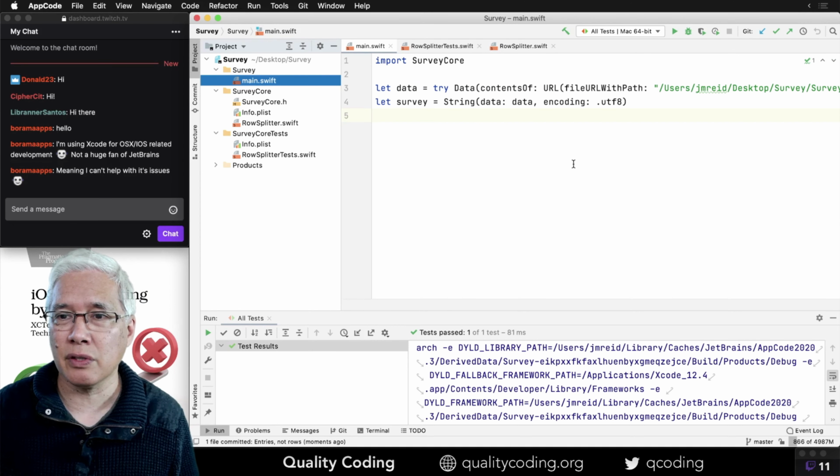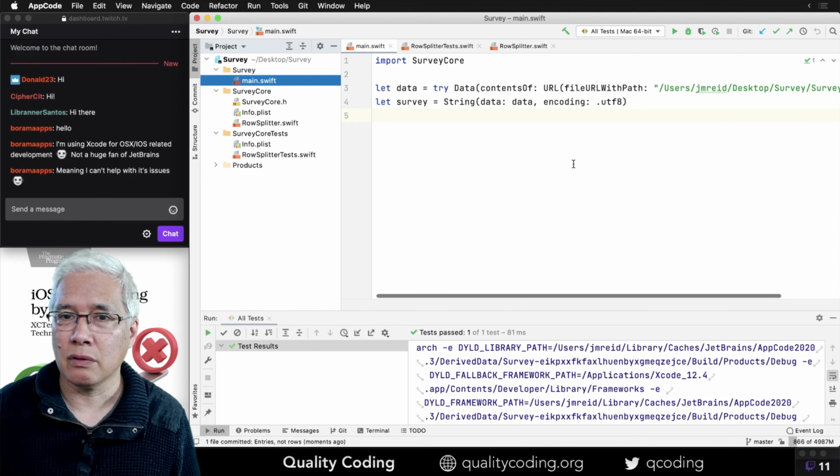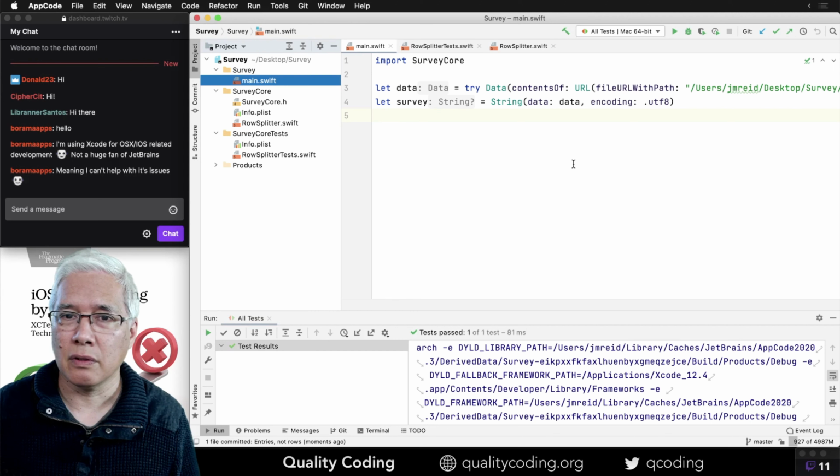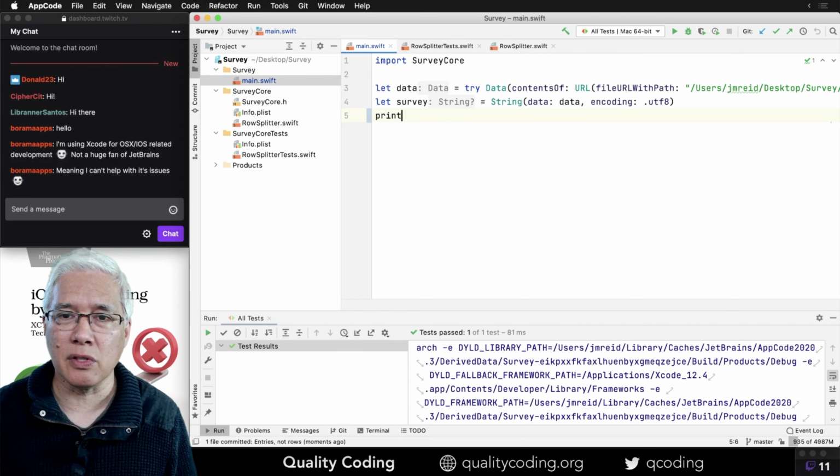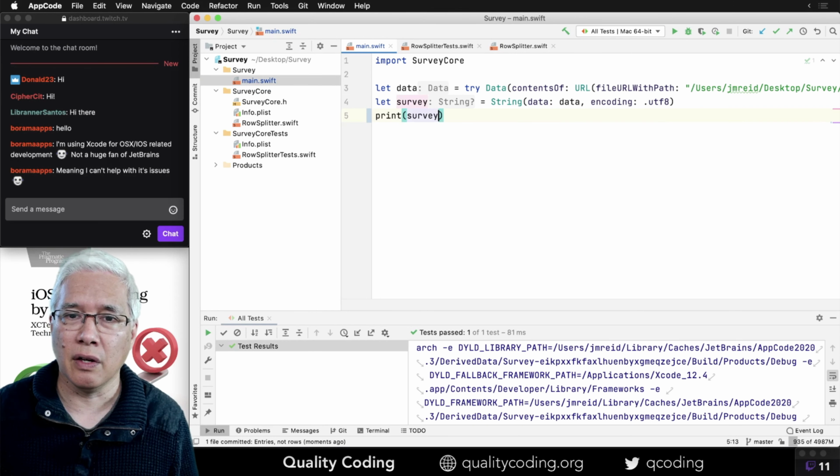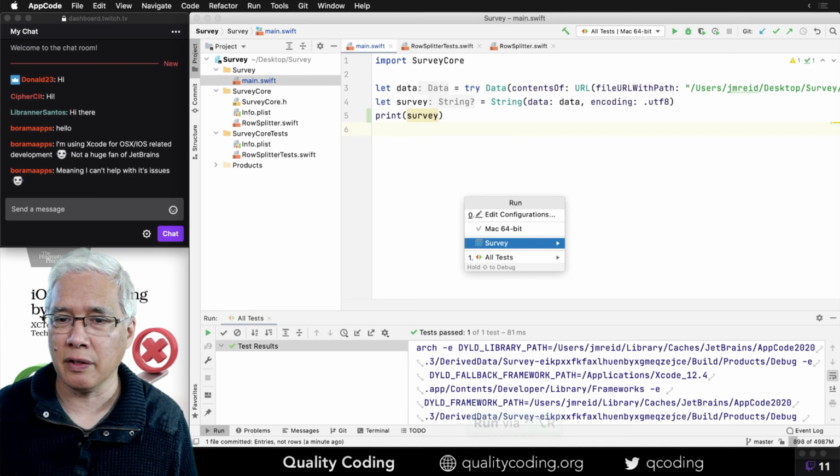So this, I think at this point, just prints out the contents of everything. Let's find out. I'm going to switch over from testing to running.